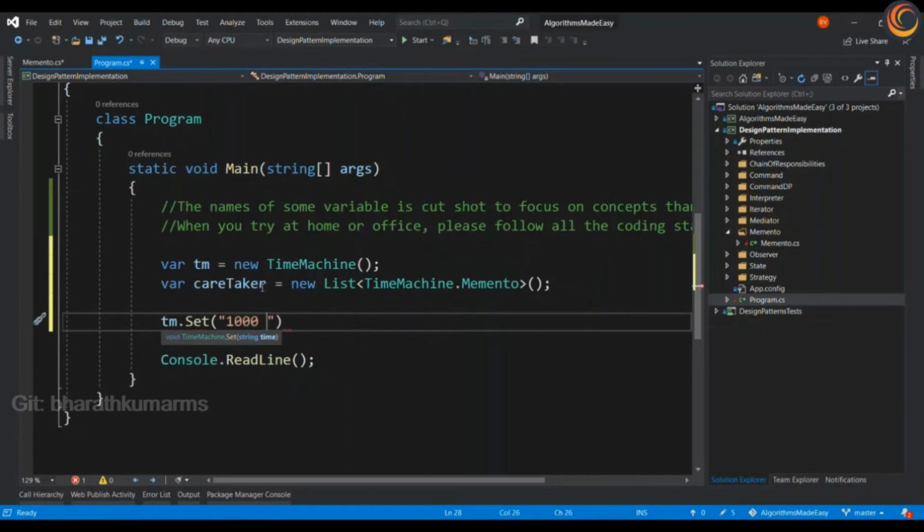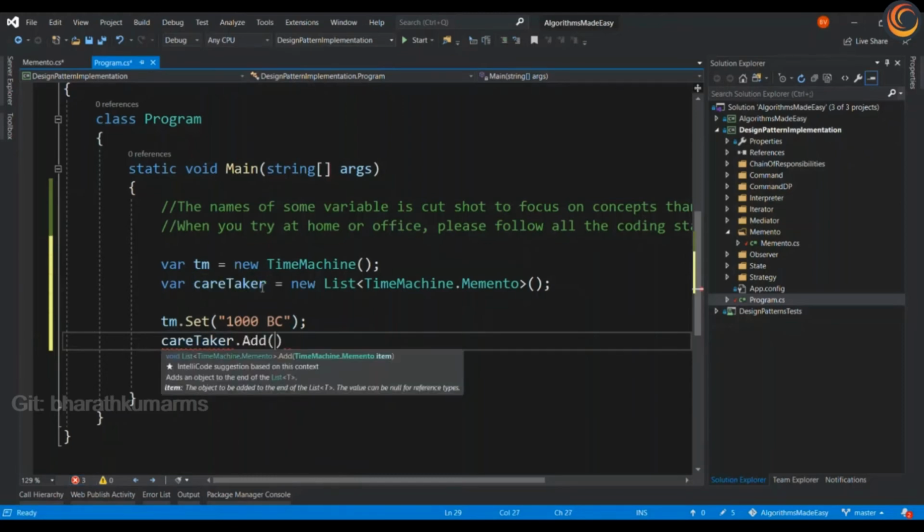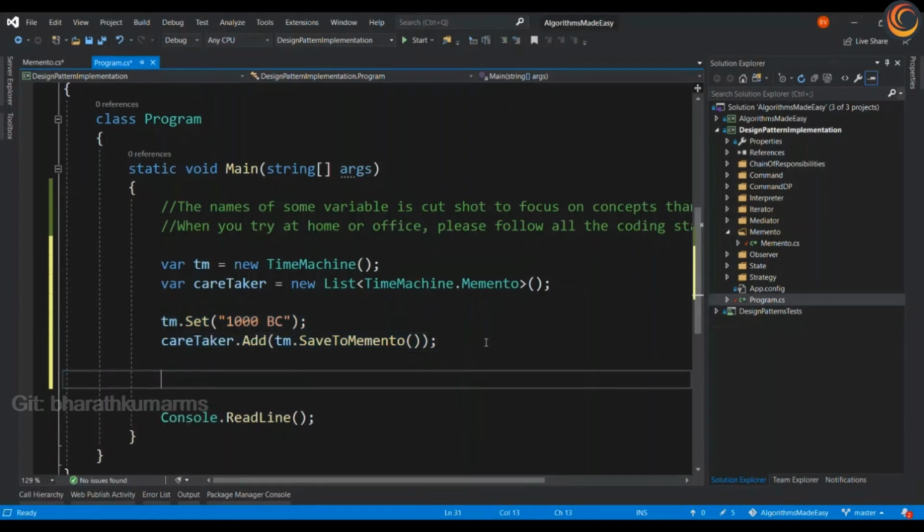First checkpoint in the time machine will be 1000 BC, and that has to be added to the caretaker. Right, I can copy this and create two more checkpoints.